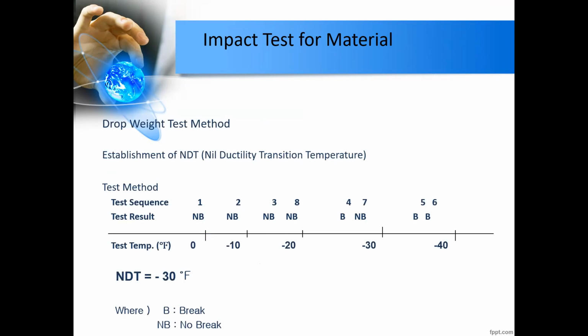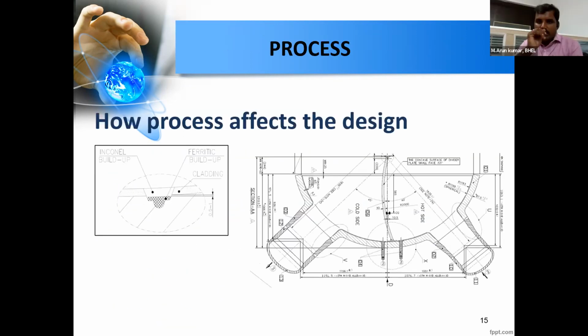Okay, sir, then let me explain how the process affects our design. Since I already explained, we could not use austenitic stainless steel material for the pressure boundary for high temperature applications because of two reasons. One reason is the reduction in strength at very high temperature. The second reason is